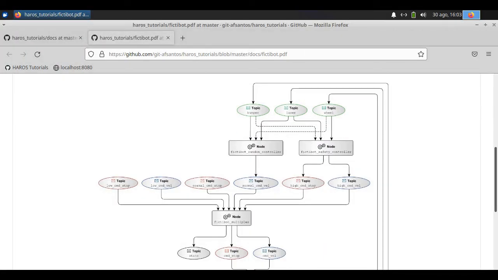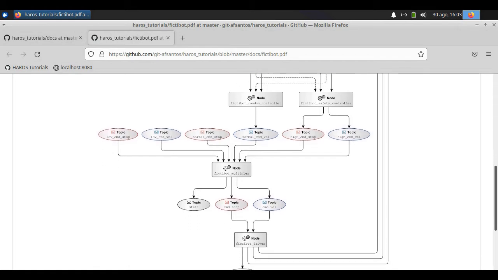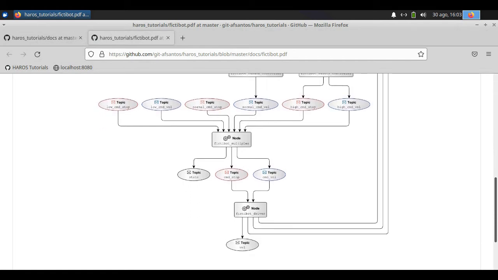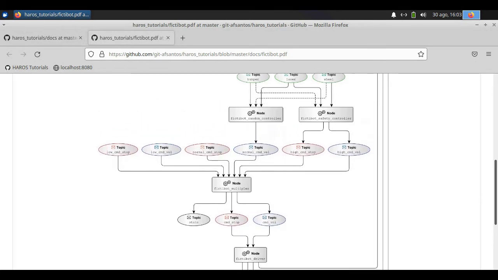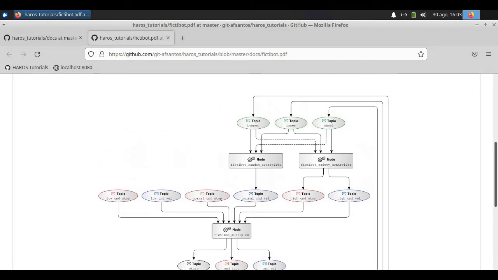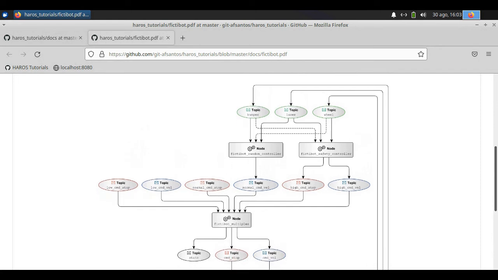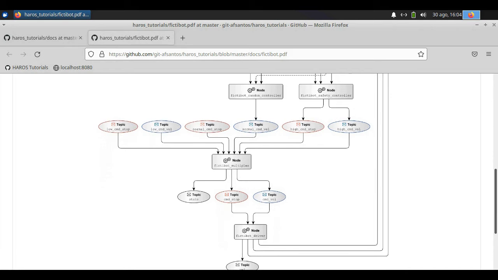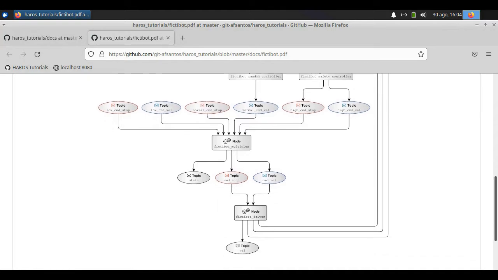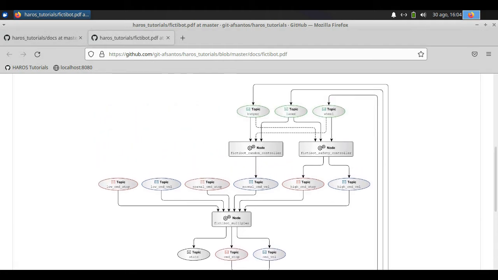You can see that there are basically 4 nodes in this architecture: a safety controller, a random controller, and they both redirect their outputs to the inputs of a multiplexer node that assigns different priorities to each type of input. And then finally relays the given commands to the base driver that in turn sends back to the controllers the readings of the various sensors.